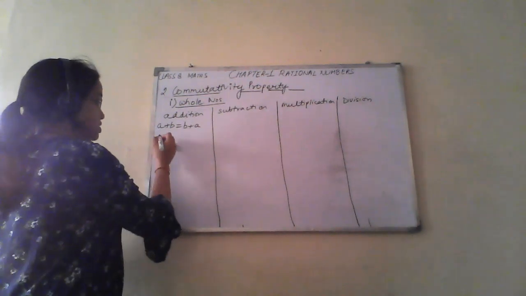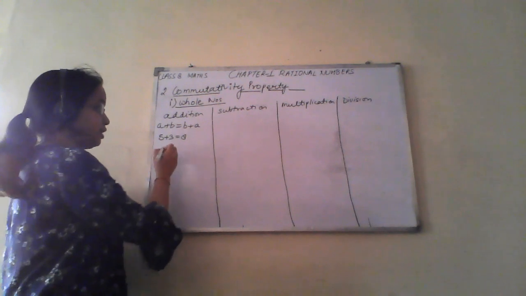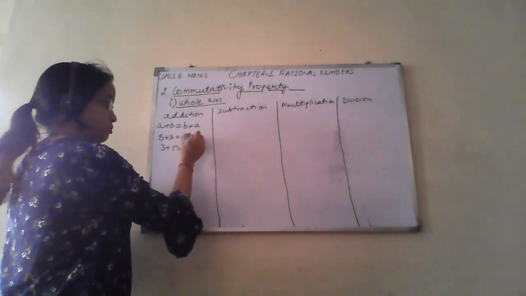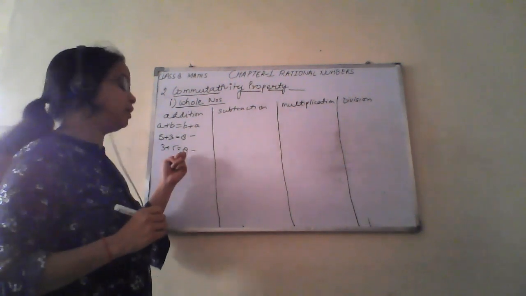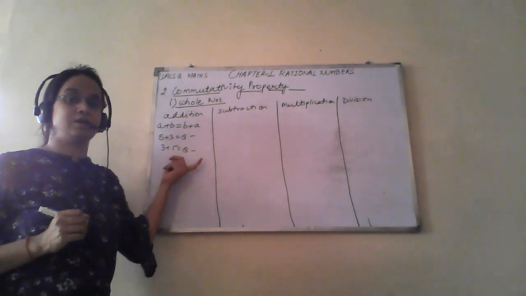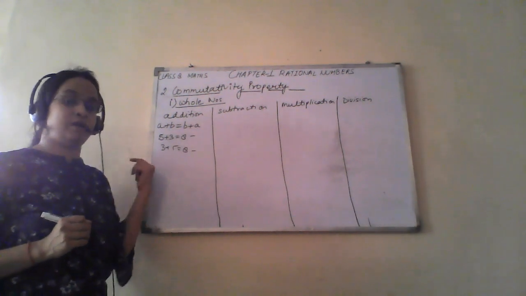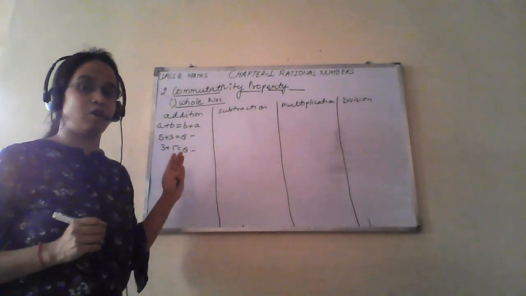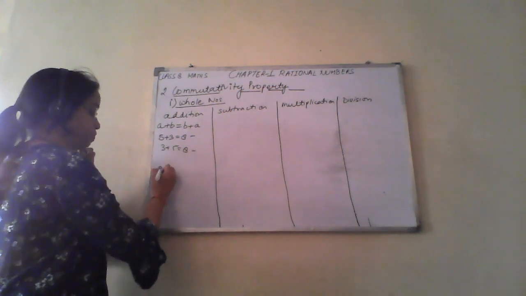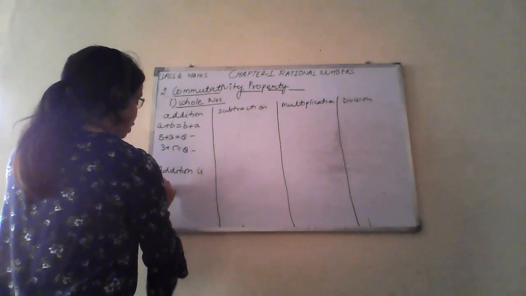If we say 5 plus 3, what is it? 8. And if we write 3 plus 5, the answer will also be the same. In both cases it has yielded 8 as the result. This implies that the sequence of addition does not matter, whether we write 3 first or 5 at the first place. The sequence will not have any impact on this operation. That means addition is commutative.